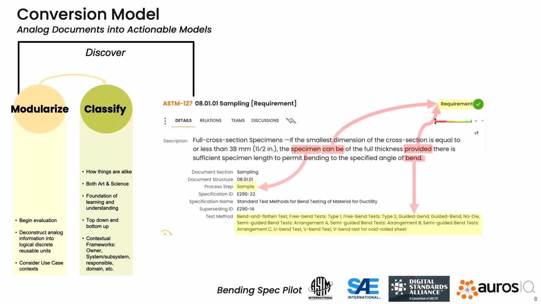So just to add a couple of thoughts there, classification is really the foundation of learning. When you come into something new, if you can't classify it, you don't understand it. So the first step is really, how are things alike? We're going to move into next, how are they different? But fundamentally, that's the understanding phase. So you're discovering what's there. It's how big is the domain? Maybe you don't know, especially if you're really new to it.